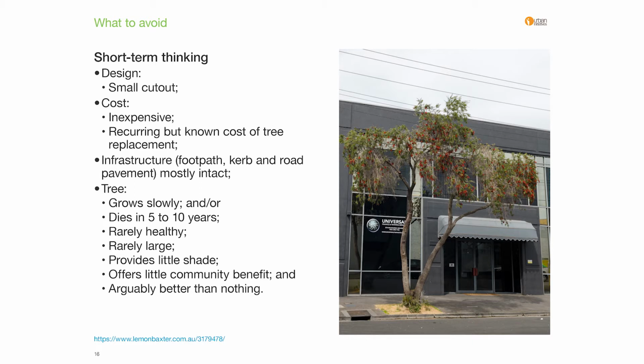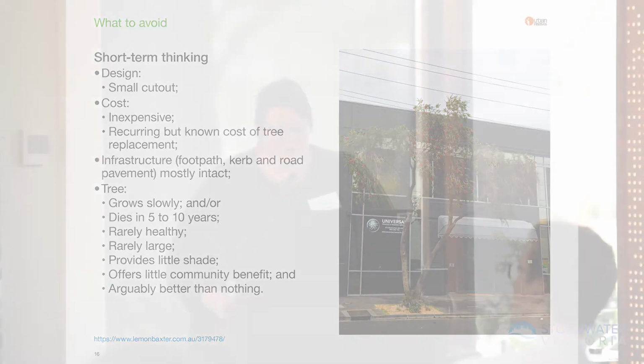So this section is about continuing on what to avoid, but it's important to note, and Gary touched on this earlier too, that not all trees are compatible for every planting site or in every climate. Tree selection and placement are two of the most important decisions you can make when planting trees. Trees should outlive those of us who plant them, and the impact should last lifetimes.